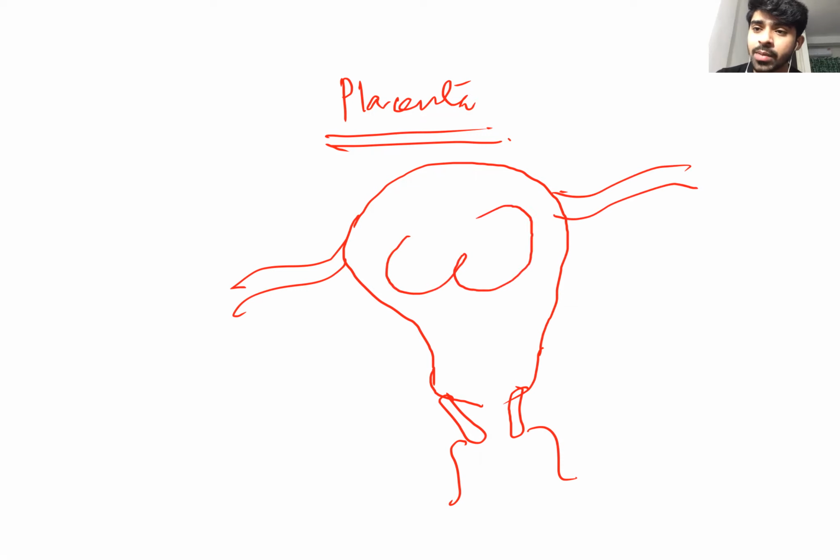This is a cord-like structure, which I think you know is connected with the umbilicus of the baby. And the next thing is that this is connected with some structures like this. Yes, absolutely correct answer. And this is lying in the bed of the uterus, I mean in the endometrium of the uterus. Yes, absolutely correct.